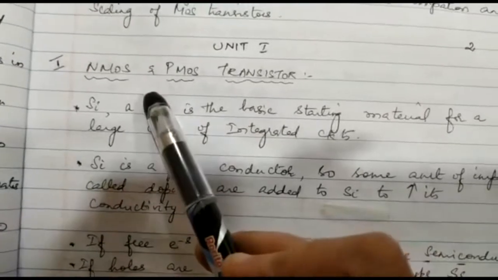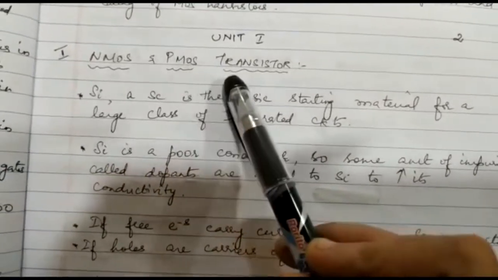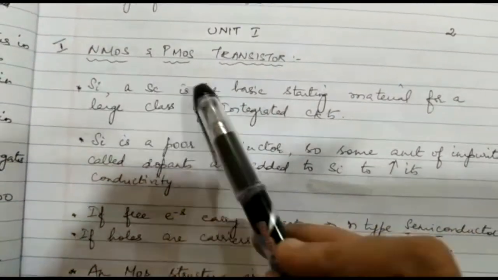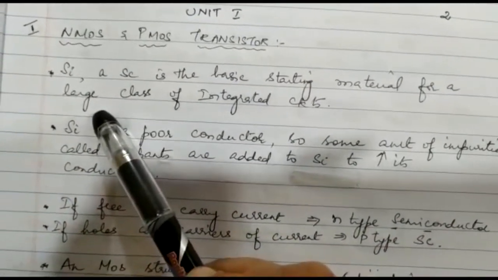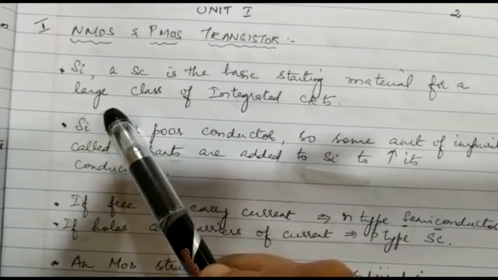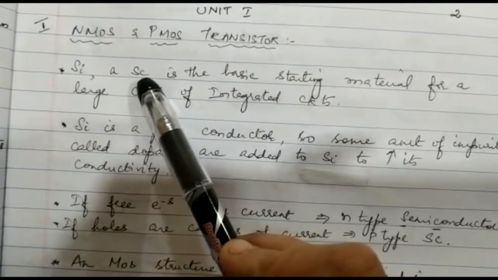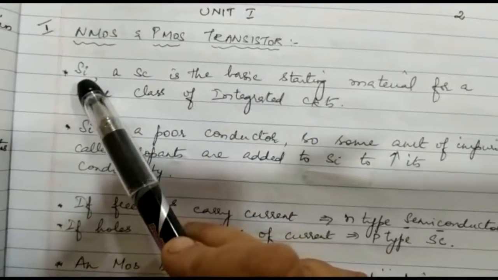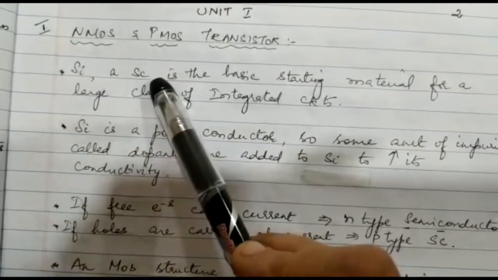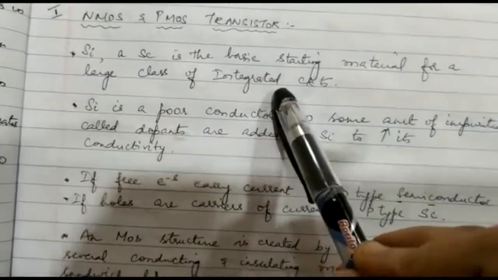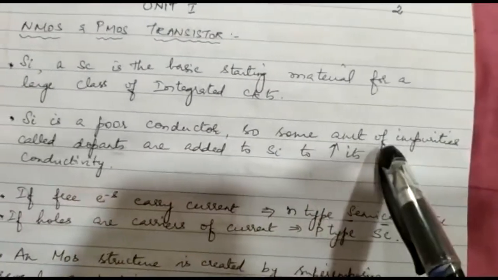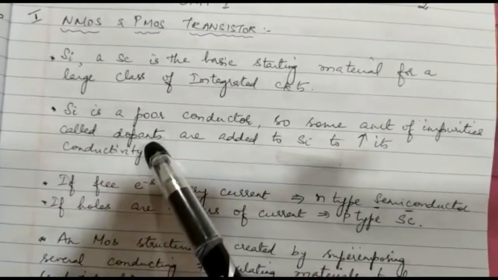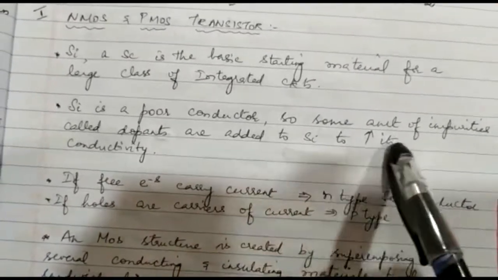So the topic that we are going to see is theory about NMOS and PMOS transistors. The N and PMOS transistors are made up of semiconductors. SC refers to semiconductor. Silicon is an example of a semiconductor. Silicon as a semiconductor is the basic starting material for a large class of integrated circuits. Silicon is a poor conductor, so some amount of impurities called dopants are added to the silicon to increase its